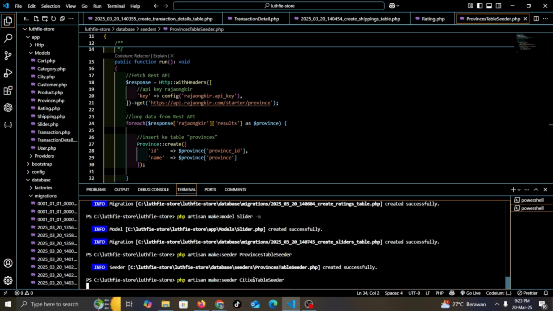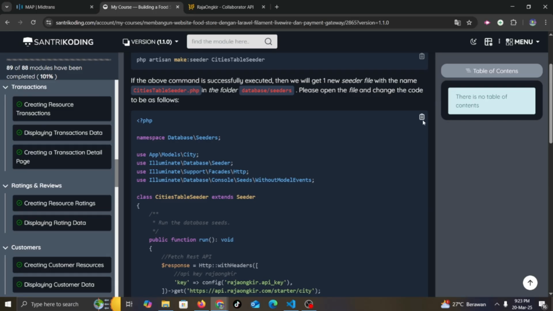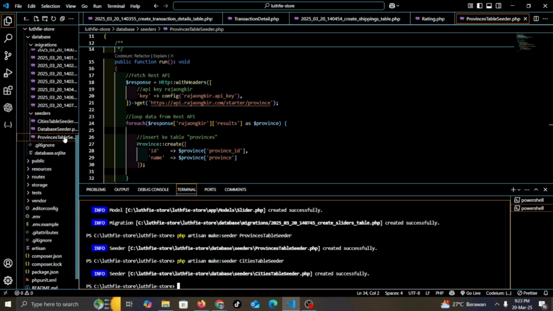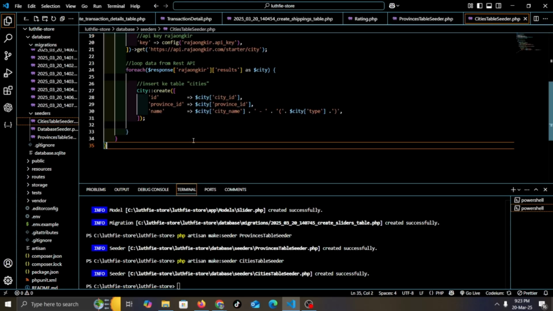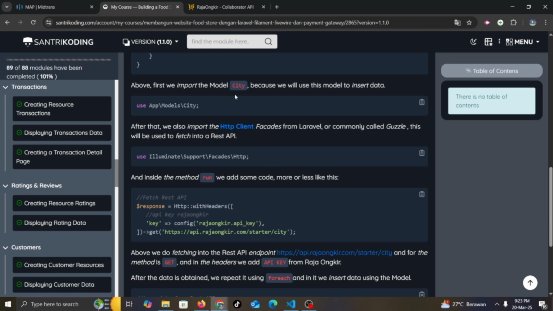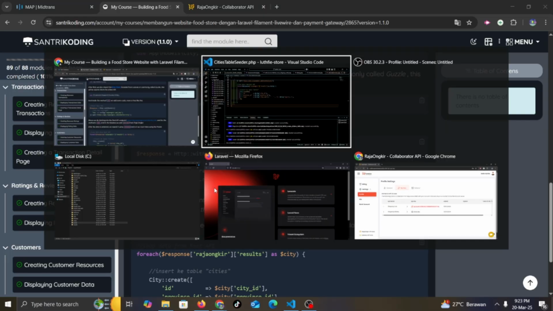Then change the code. Above, with model city, App\Models\City, import the facades HTTP client, and inside the method run add some code more or less like this.